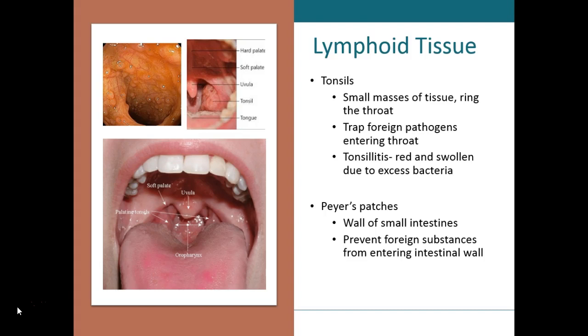So tonsillitis is when there is an infection or an inflammation of the tonsils. It's usually caused by a virus, but it can be caused by the same bacteria that causes strep throat. So the principal symptom of tonsillitis is sore throat. However, you can have fever, swollen lymph nodes, difficulty in swallowing, headache, nasal congestion. Tonsillitis of viral origin usually resolves on its own, but bacterial tonsillitis typically needs an antibiotic in order